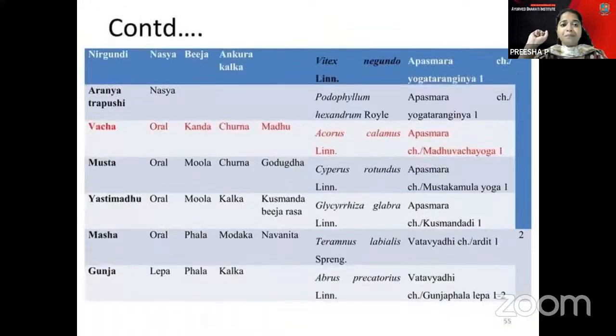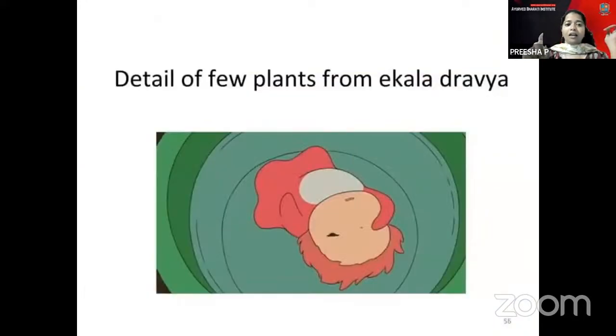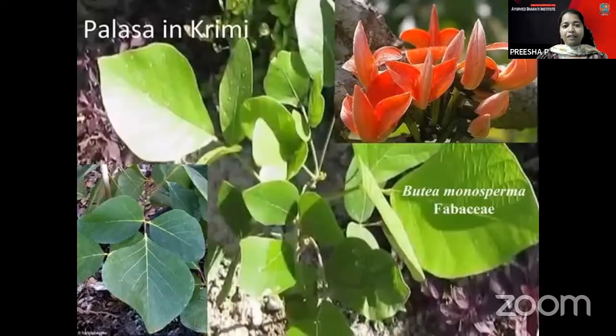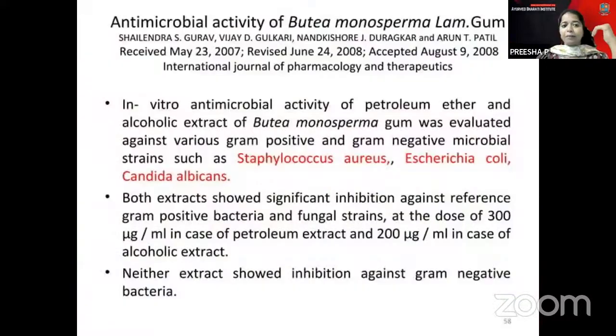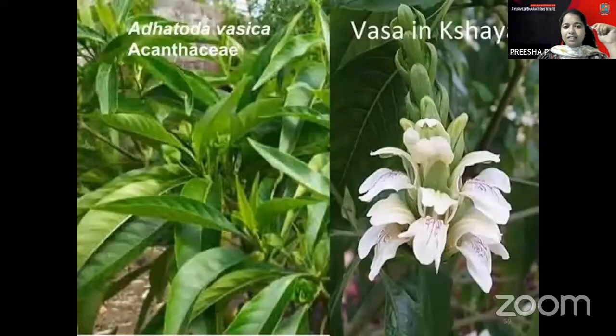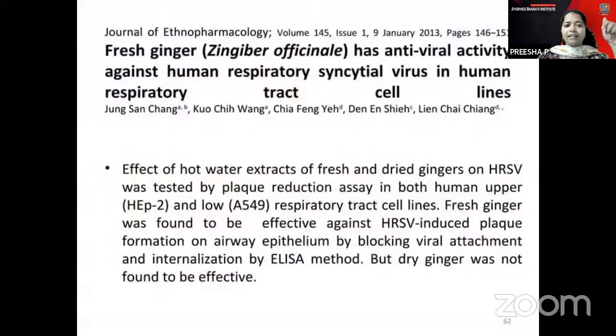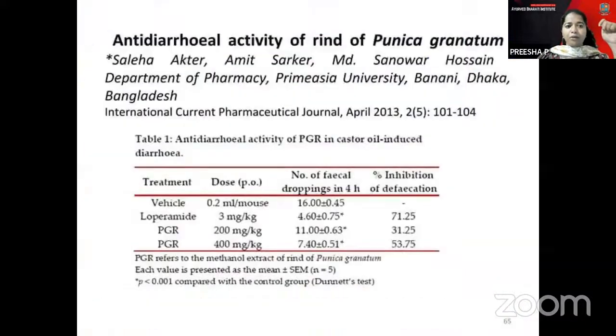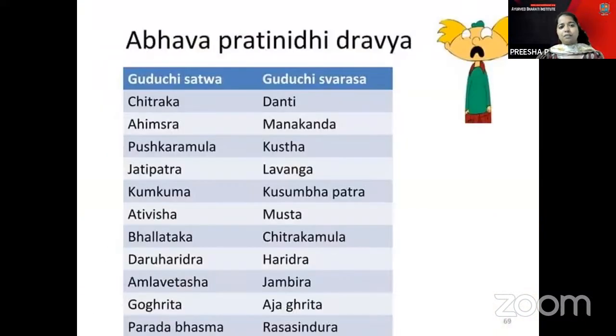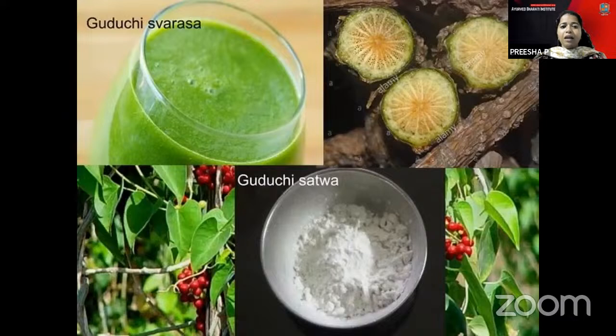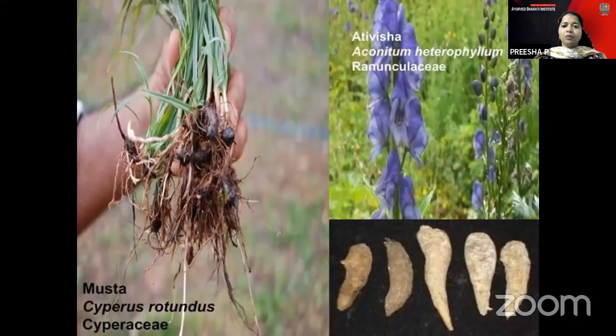You have the Vacha churna with madhu for the Apasmara conditions. Then some of the dravyas for the Ekakala Prayoga, mainly the Palasha in Krimi. And these are some of the research articles referred to for Ardraka in Kasa and Atisara and Raktapitta, which can be used for antidiarrheal aspects. And this is the Abhava Pratinidhi Dravya, discussed mainly with Chitraka and the Danti Prayoga, and the Ahiphena, Gogritha, mainly Ajagrita can be used there. These are some of the references where you can use the Dravyaguna aspect of Yoga Ratnakara.